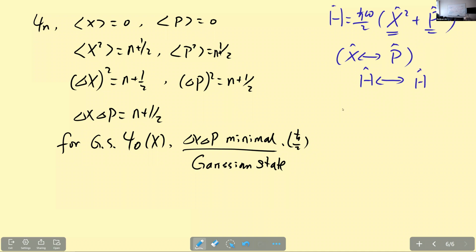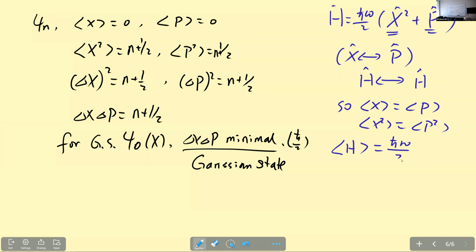So that means we must have, right, that the energy, okay, must equal to... right. But remember this one equals to